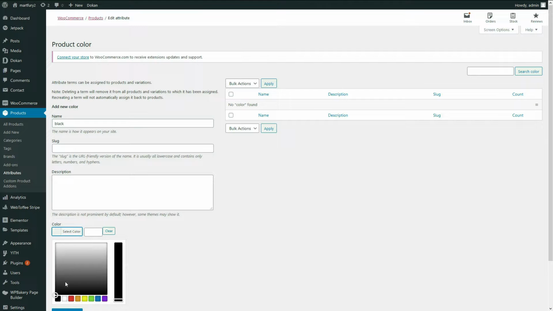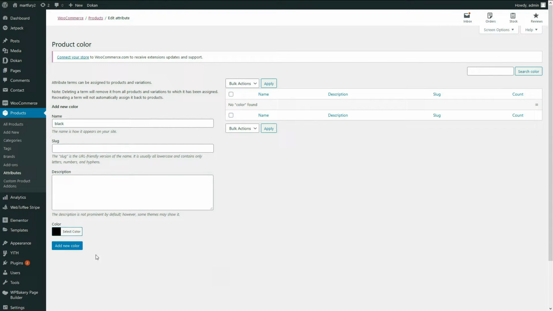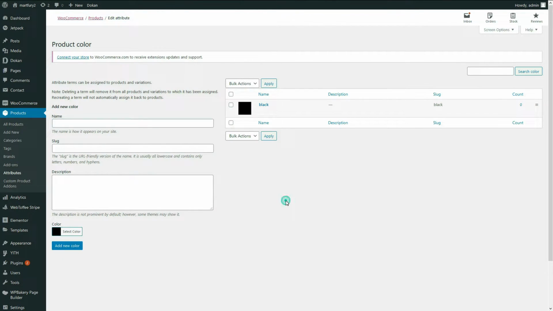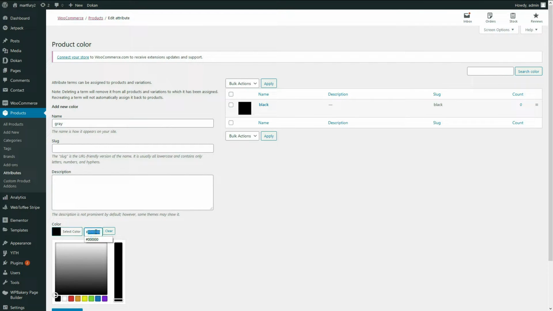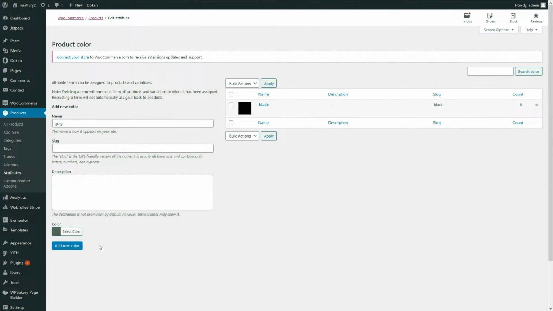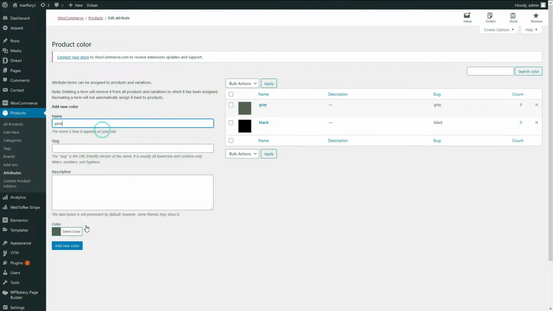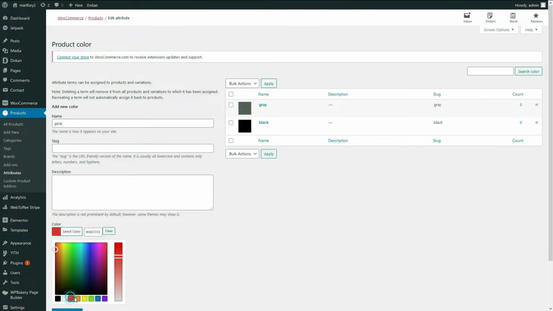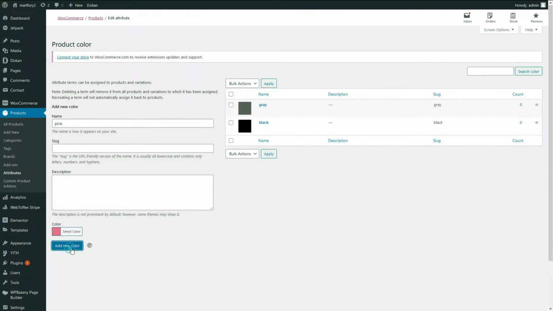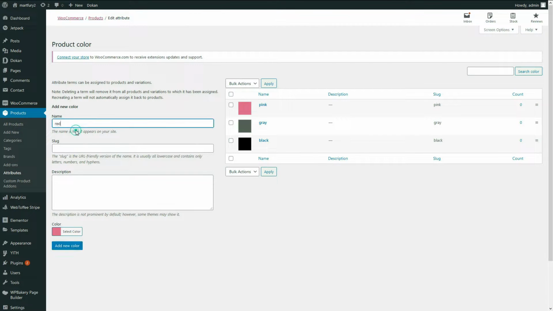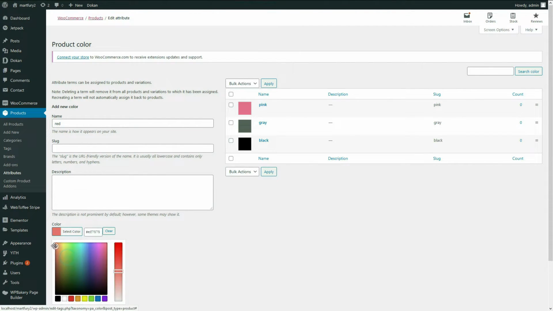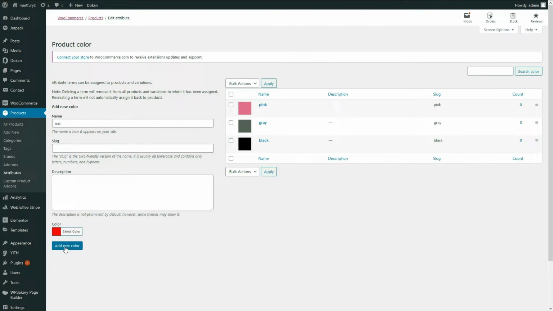Now click on this color attribute, and I need some colors like black color, and click on this color option and choose the black color and click on this add new color. Similarly, add the gray color, type gray and choose the color, and I need this code, this color actually. After that, click on this add new color. Similarly, pink color, and choose this color as pink. This one may be pink color, some lighter pink color. Add new color. After that the red color, and choose the red color from here, that is the red color. Click on this add new color.